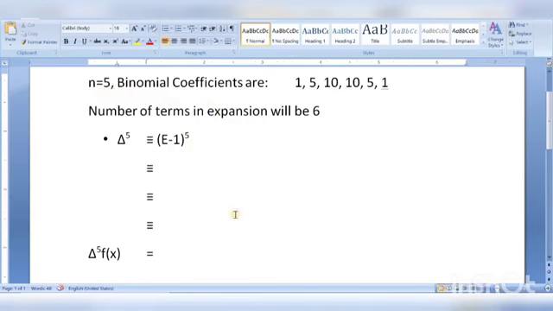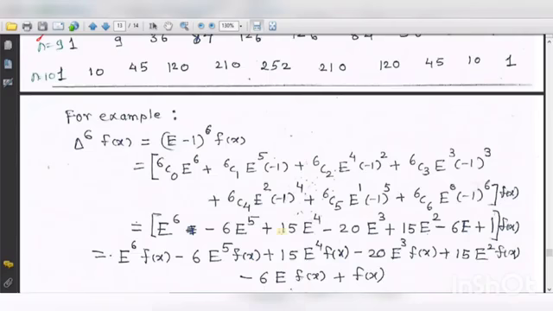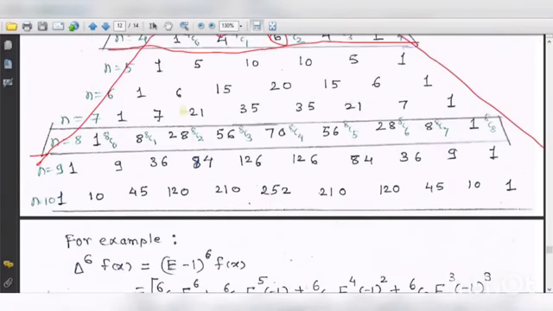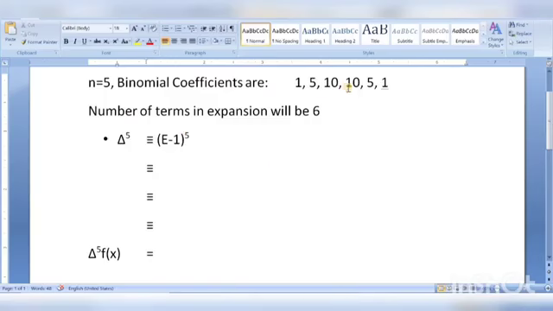Now n equals to 5 here, so from this Pascal triangle I have picked up my coefficients for n equals to 5. So what are the coefficients for n equals to 5? 1, 5, 10, 10, 5, 1. Now here what I'll do, I will first write powers of e in decreasing manner. So maximum power of e will be 5. So e raised to 5,